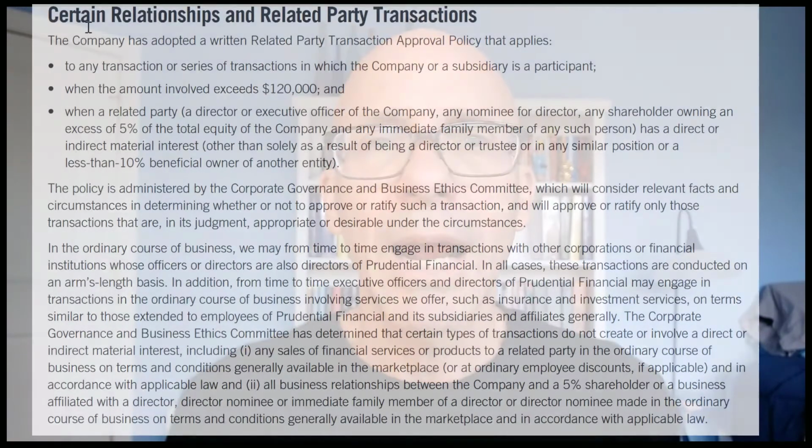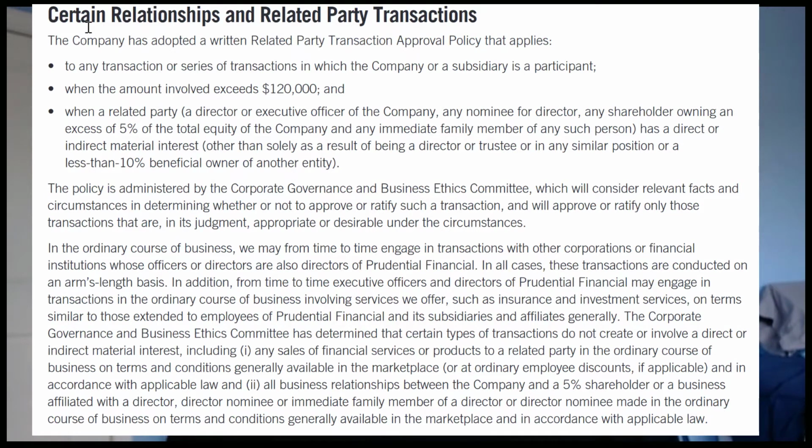So let's look at a few examples. Here's how Prudential describes its policy, and then the procedures are described pretty broadly: which board committee administers it and how it considers the facts and circumstances that arise. And then Prudential has a paragraph about how the company may happen to do some business where its insiders are officers and directors at those other companies, and then its board committee has determined that those aren't direct or indirect